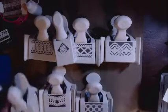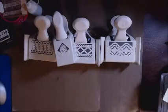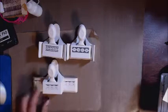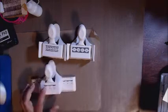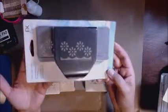So let me move this away. Okay. Next one is going to be like a flower lot. This one is a cut emboss, I think. And then I have some EK Success ones. I have this one, and then I have this one. This one hasn't even been taken out of the packaging. So there's that one, this one,